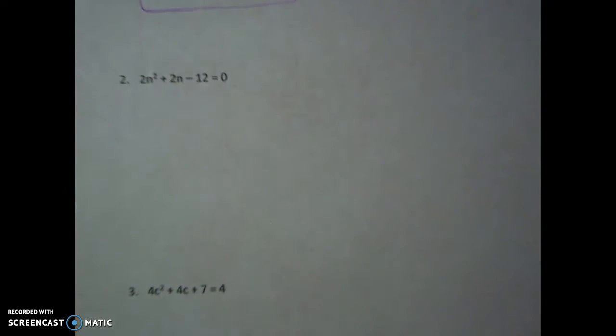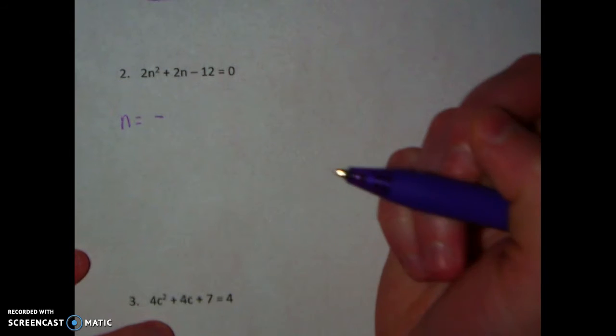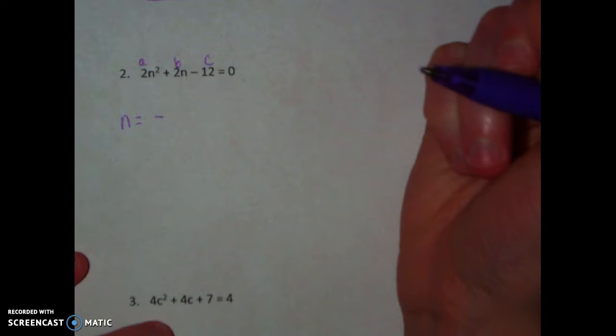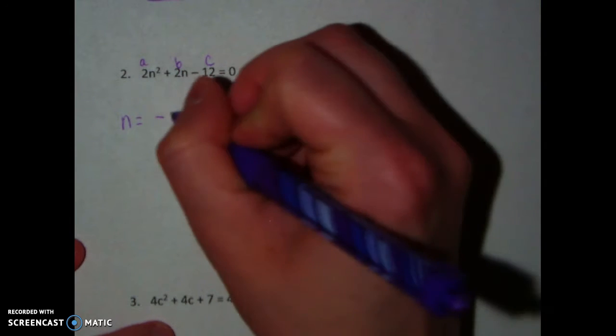Okay, let's look at number 2. On this one, everything is on the one side, so I can go ahead and just start. So it's n equals negative b. Remember, this is the a, b, c. So negative b would be 2, so negative 2